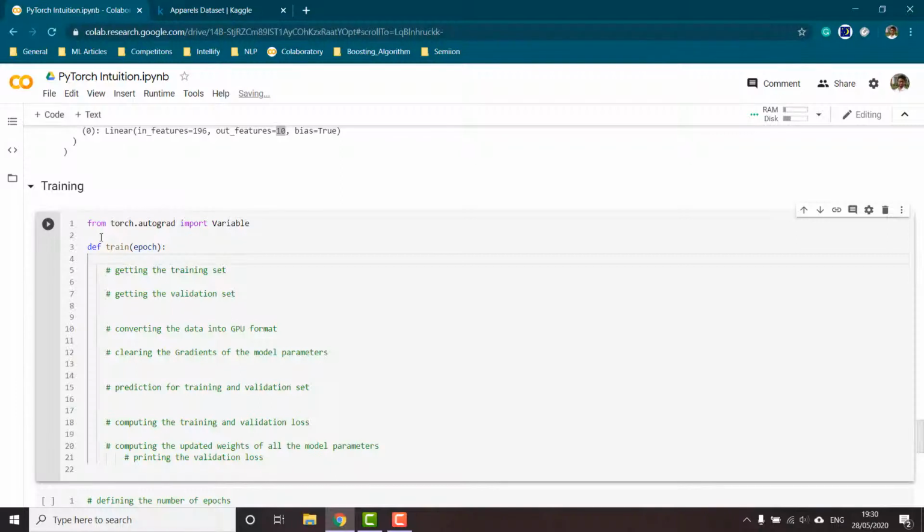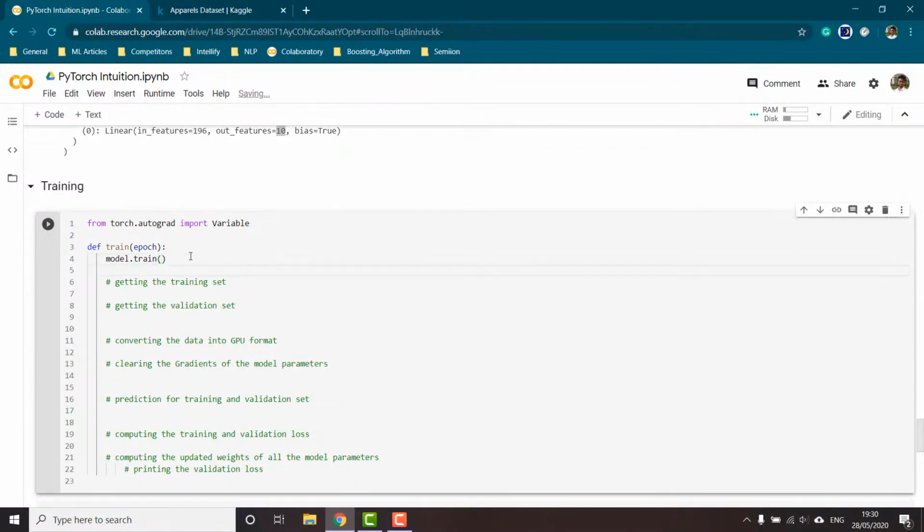Inside of it, we would first call model.train, and then we would define our training loss, which will be equal to 0. Next, for getting the training set, xtrain and ytrain, which will be equal to variable train x, variable train y.